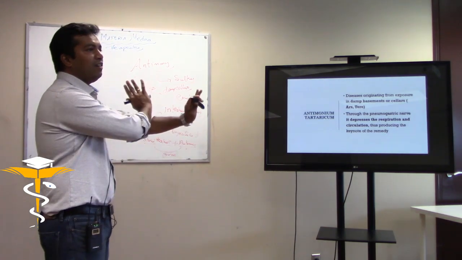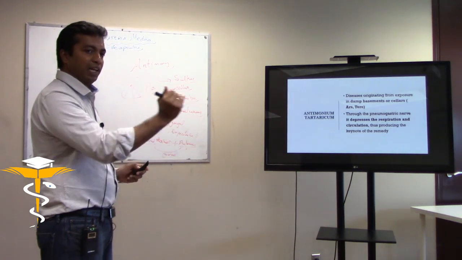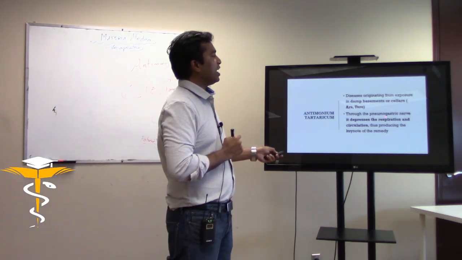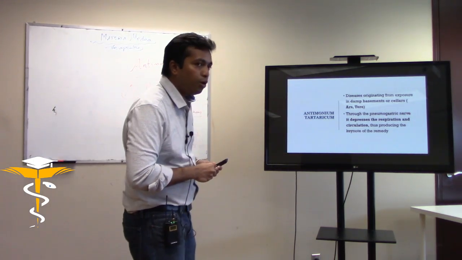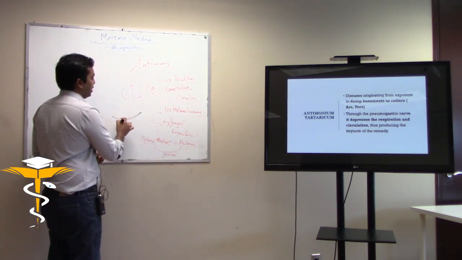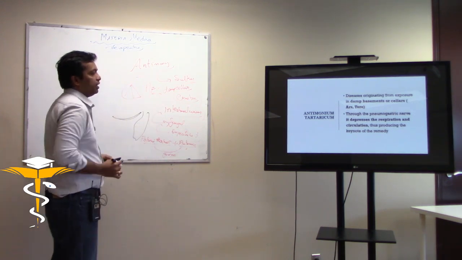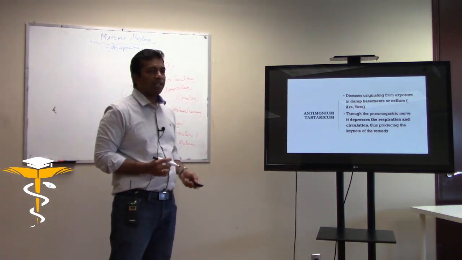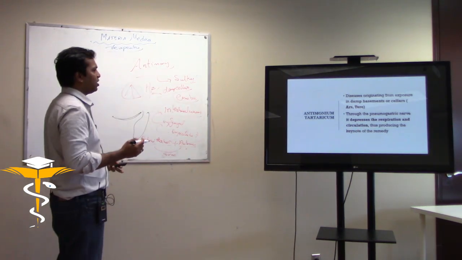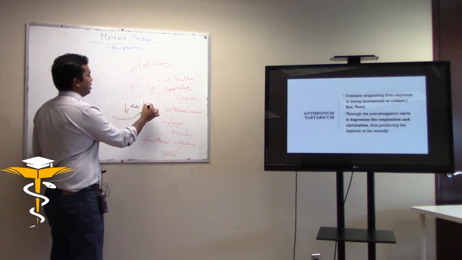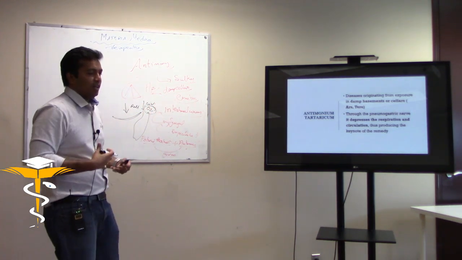So you know, when will I give antimonium tart on a physical aspect? One, damp cellars. Through the pneumogastric nerve, pneumogastric, which means something that controls the diaphragm and the gastric part. It depresses the respiratory and the circulation, thus producing the keynote. So what is the keynote? What are they talking about? They're talking about respiration is reduced and circulation is reduced, which means low oxygen levels and decreased respiratory rate.